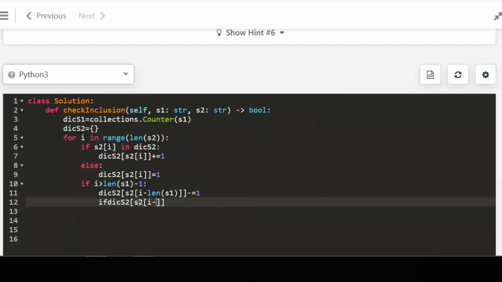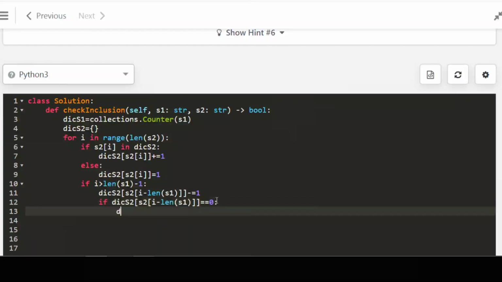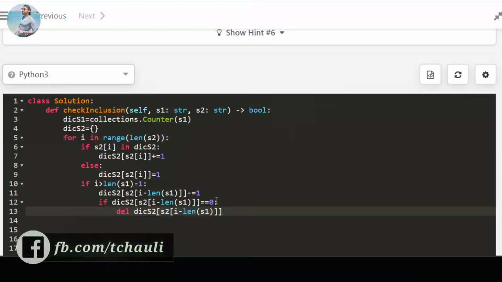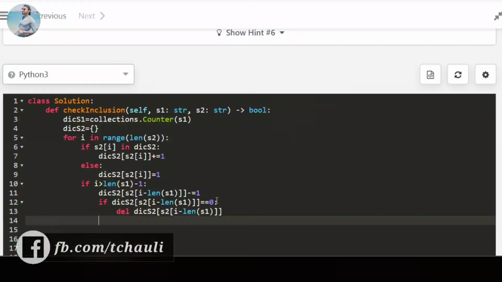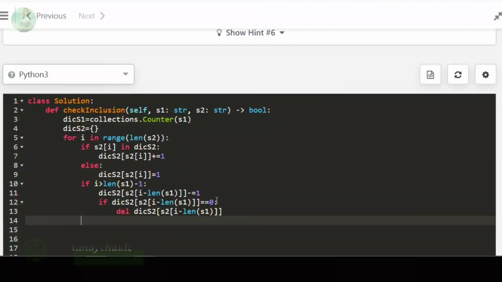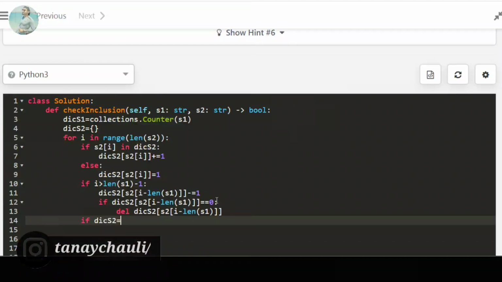If the dictionary value equals 0, we remove that key from the dictionary.